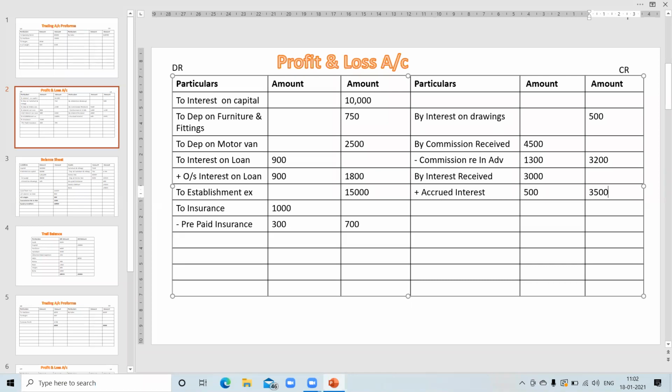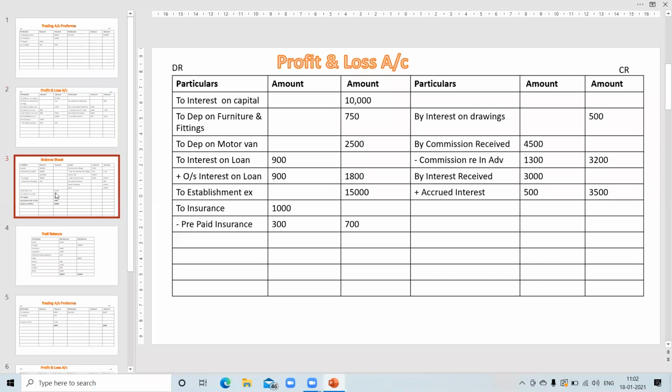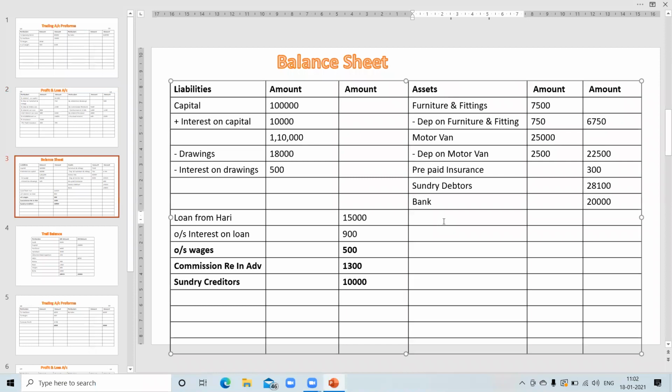Next, so every adjustment again 2 times, therefore balance sheet, asset side, accrued interest 500. Okay, so next is over. The closing stock, outstanding wages, prepaid expenses, commission received in advance, interest on capital,